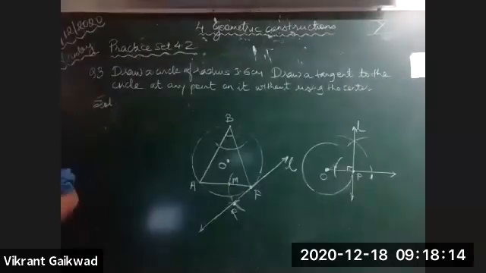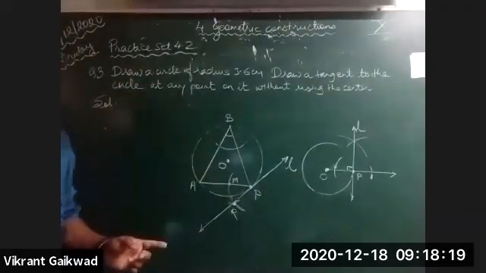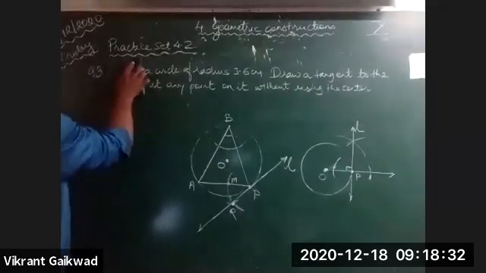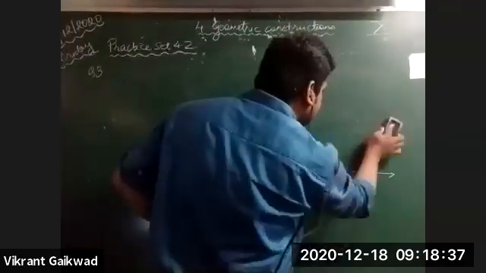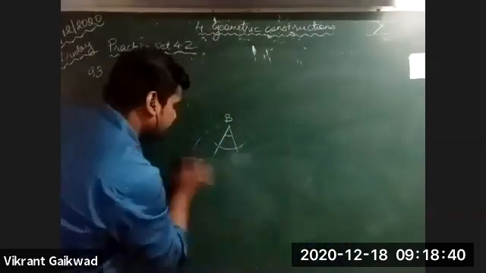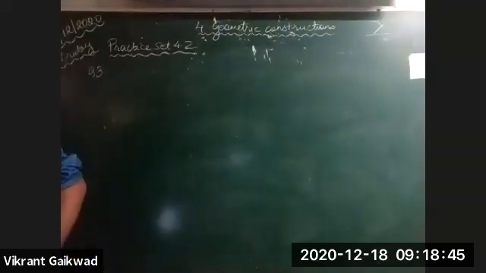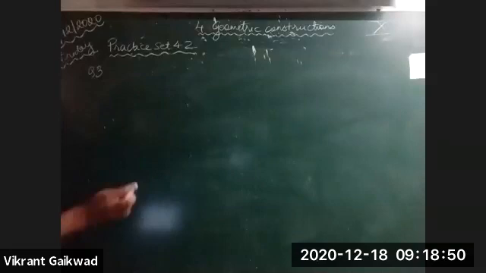Now see, question number 4 is a bit interesting. Take the screenshot of this so that we move to the next question. Question number 4, check your concepts regarding the radius and the diameter. It should be clear. Unless your concepts are clear, this construction would be a bit difficult for you.